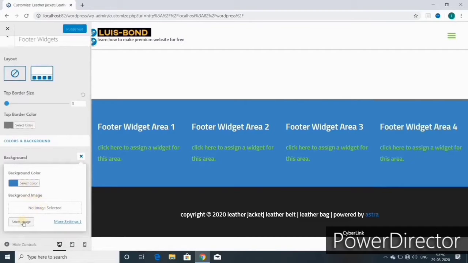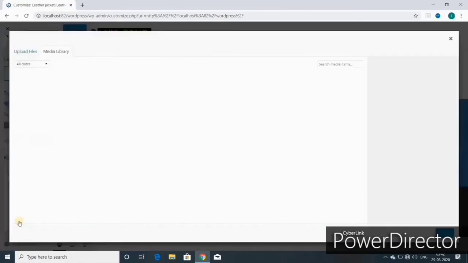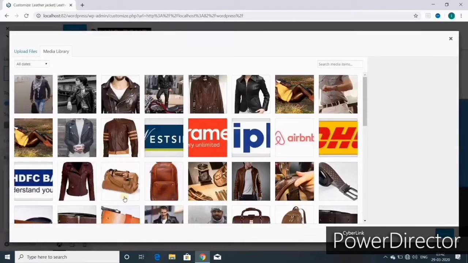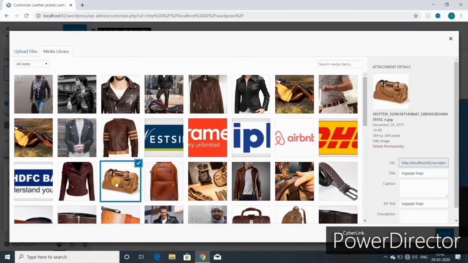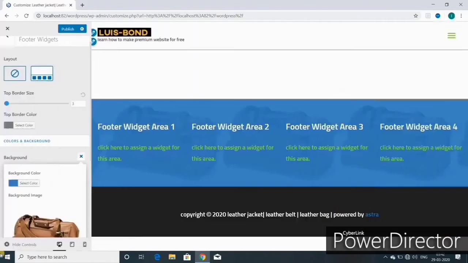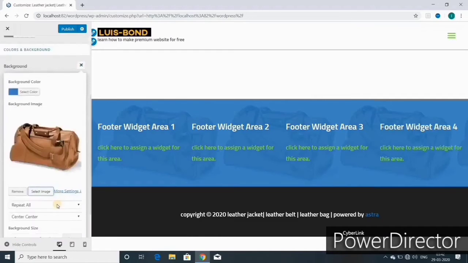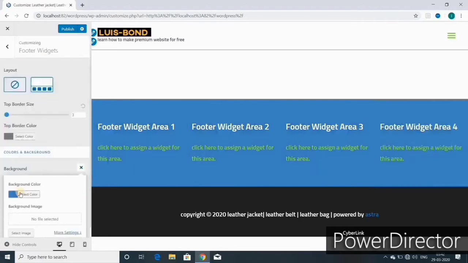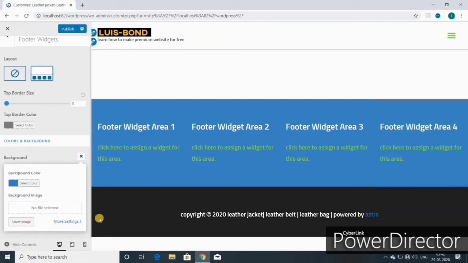Background image. Click on select image. Select. So you can see the background image. If you want, you can put, but I don't want, so I want to remove this. Okay,